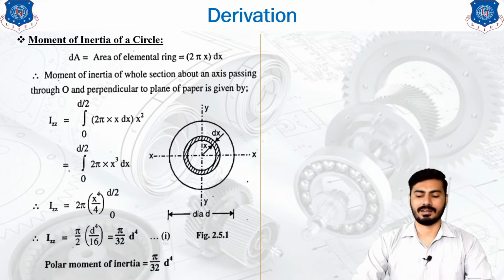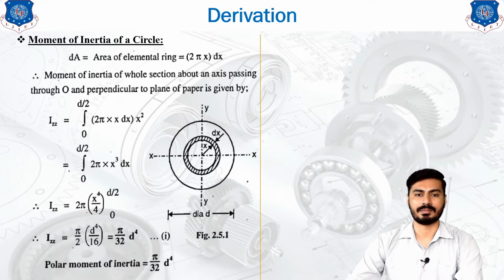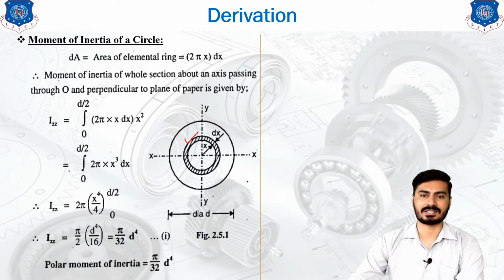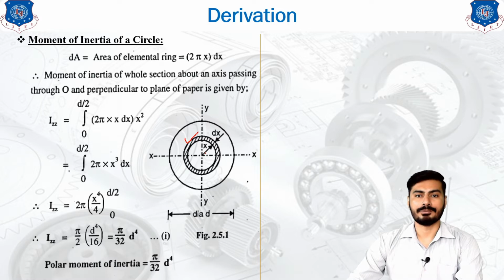So we have taken an elemental strip. As you can see in this diagram, the elemental strip has the thickness dx, and it has the radius x from the center of the circle. So if your intention is to find out the area of that elemental ring, that area is nothing but 2 pi x into dx. How have we calculated this area? That is nothing but the perimeter into the thickness. That is the basic formula for calculating the area of the ring. Okay, or the plane ring. So we have calculated the area of that